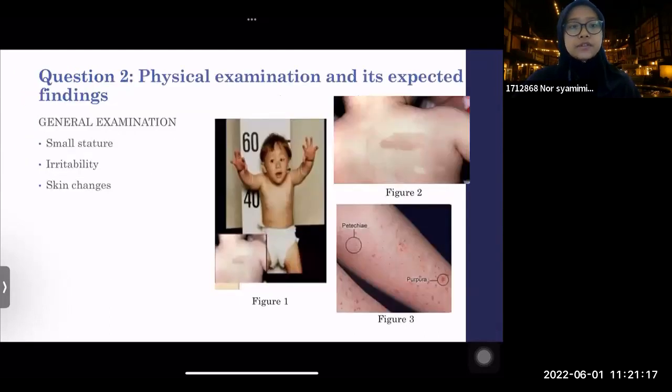So question 2, what are the physical examination and its expected findings? Generally we can see the patient's stature, whether the patient has small stature, such as can occur in Fanconi anemia, or in a malnourished patient, and look if the patient is irritable or not, if the patient is active or looks tired. And also observe the skin changes, where the patient has pallor or jaundice. Besides pallor or jaundice, we can observe other skin changes, such as in figure 2, where you can see hyperpigmentation, which usually occurs in Fanconi anemia. And also if the patient has petechiae and purpura, such as in autoimmune hemolytic anemia with thrombocytopenia, or even in bone